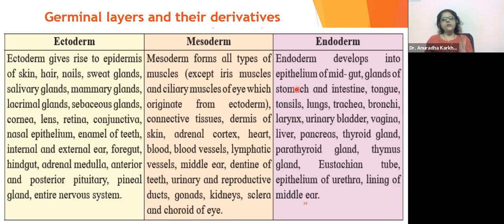Okay. So in this way, just try to remember the content, but you have to remember, there is no other option. Adrenal cortex means the external layer of the adrenal gland is going to be called the cortex, and the inner layer is going to be the medulla. So adrenal gland's outer layer is cortex, inner layer medulla. So these are the three germinal layers giving rise to so many structures of the human fetus.